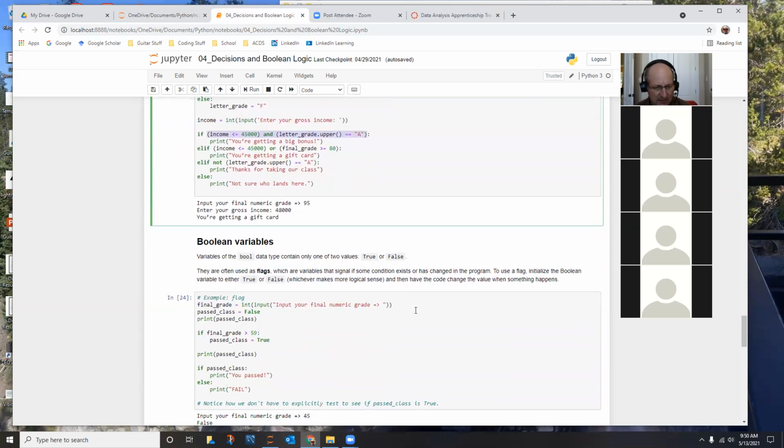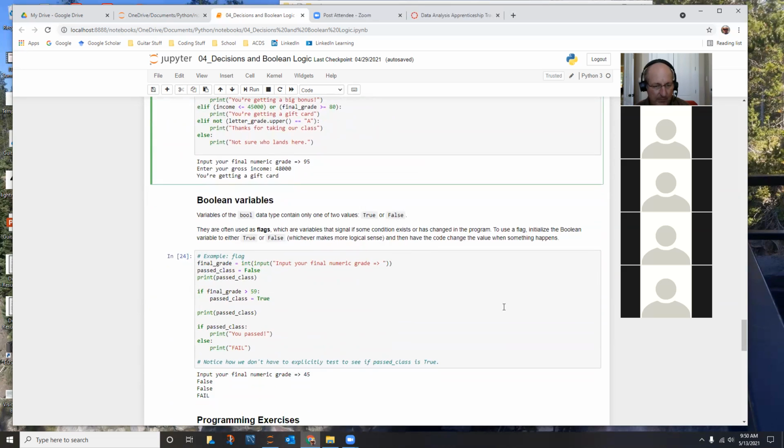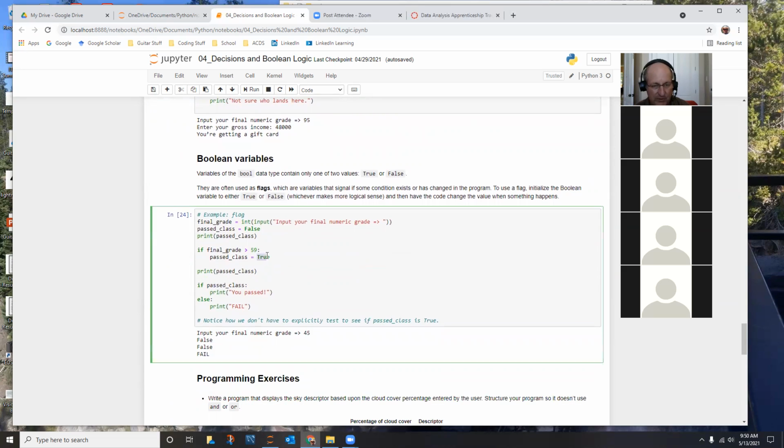And there is a data type that is Boolean, and we use this keyword to assign true and false, capital FALSE and capital TRUE. That way, you can just do a test. You don't have to say if past class equals true, you just say if past class. And that's why the meaningful name matters: if you name a Boolean variable something that makes sense, knowing that it's only going to be equal to true or false,